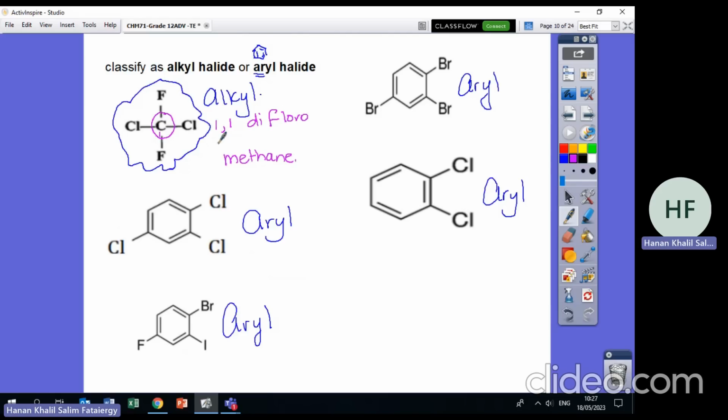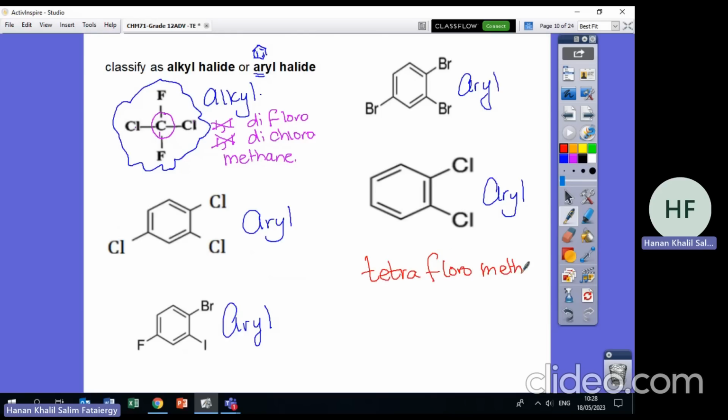Also at 1 and at 1 I have Cl and Cl, so this is dichloro. Okay, you don't have to read the numbers because it's already 1 carbon. So I can say difluoro, dichloromethane. I remember last year they had this question in the exam to draw